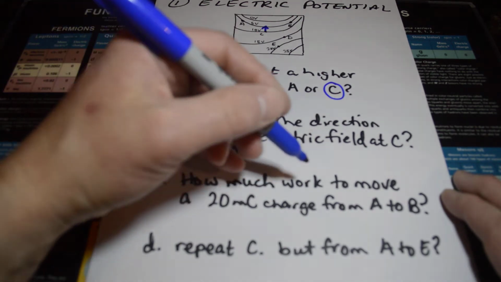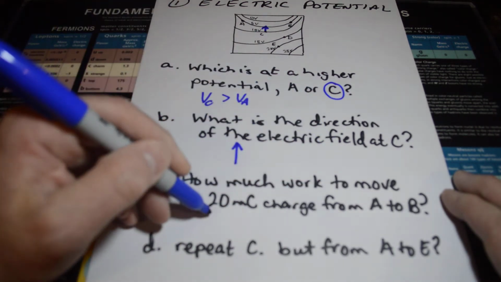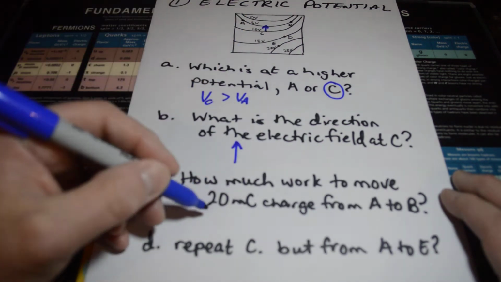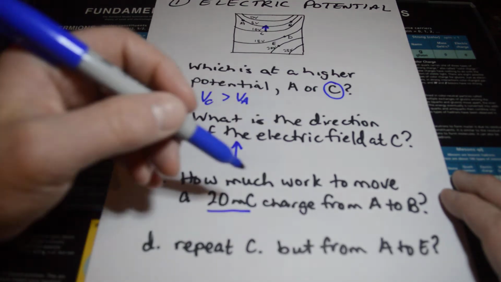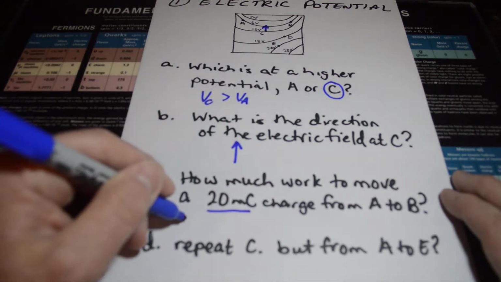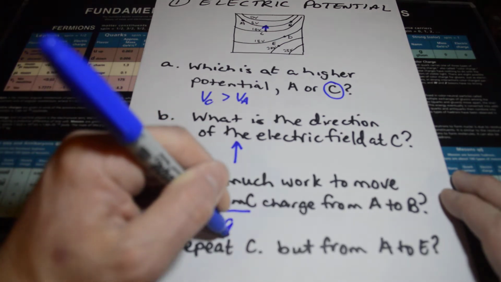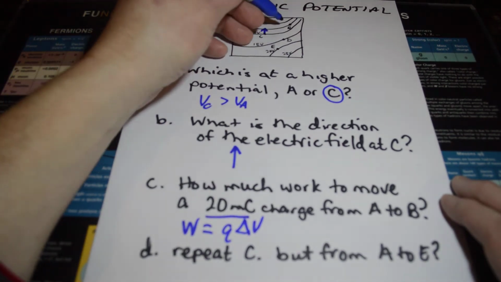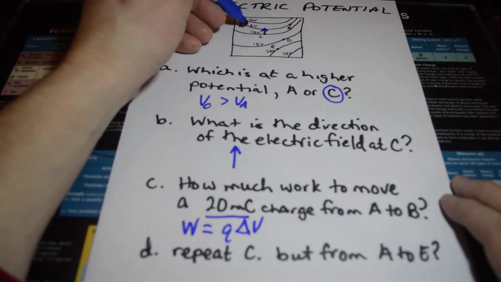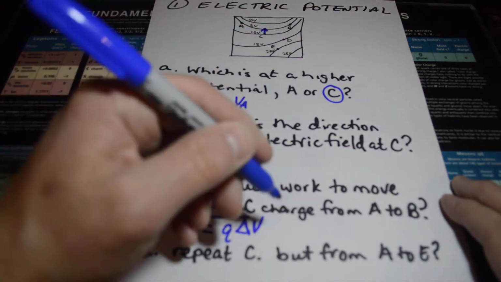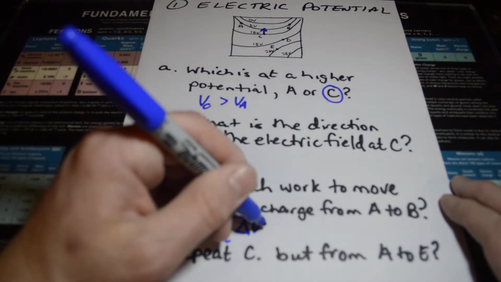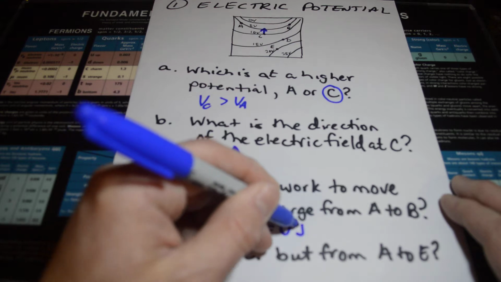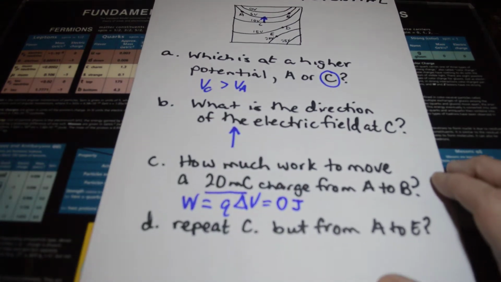Next one is, how much work is required to move a 20 millicoulomb charge from A to B? So you've got a charge of 20 millicoulombs, and how much work is required? Well, the work is going to be equal to the amount of charge times the potential difference. From A to B, you may think it's a trick question, but they're both at the same potential. So the potential difference between A and B is 0. If you multiply 0 times whatever that charge is, it's going to require 0 joules of work to move that from